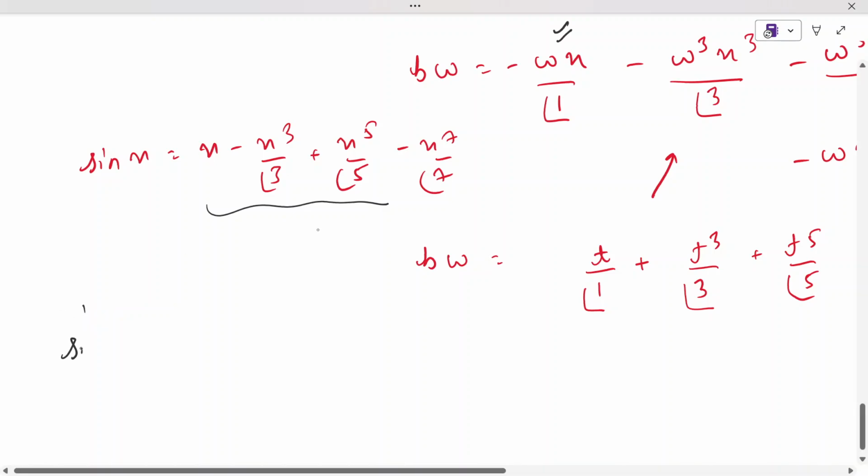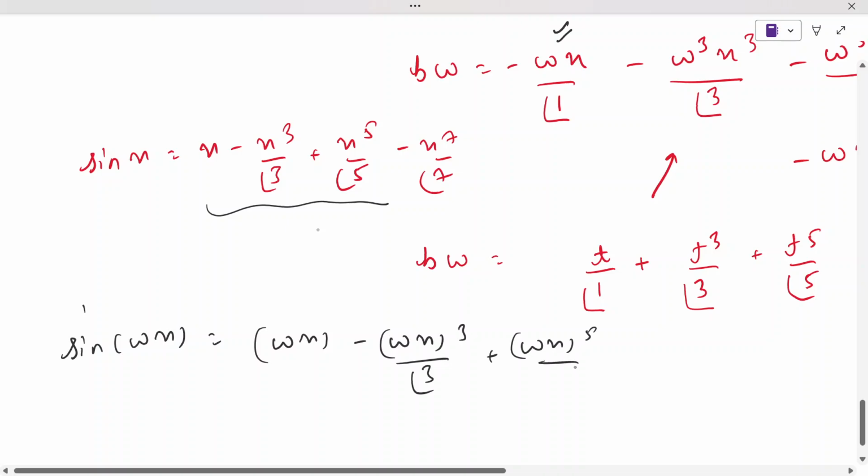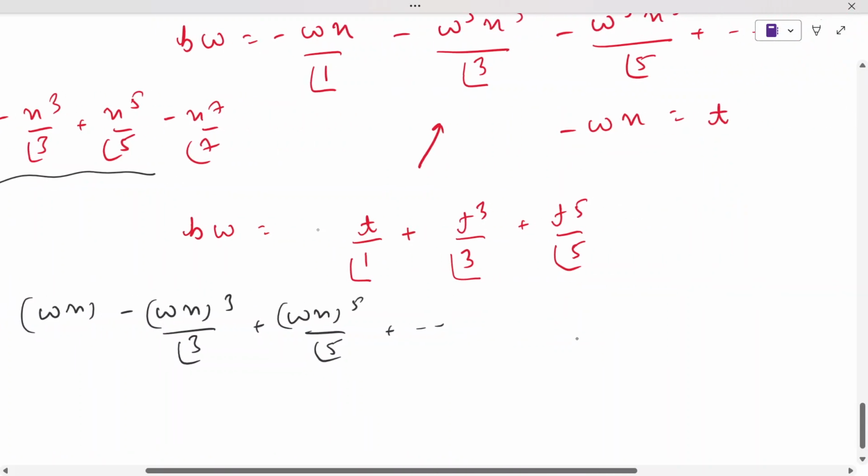So if I write sin omega x, then this will be equal to what? Omega x minus omega x cubed, plus omega x to the power 5 by 5 factorial, and so on and so forth. This is happening. So